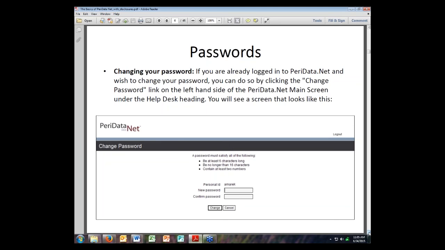The field is case sensitive, so if you enter any lowercase letters instead of uppercase, it will give you an error. So just pay attention to those. It needs to be 6 characters long, no longer than 16, containing numbers. And you can also access this from the help desk, which I'll show you when I go to my main